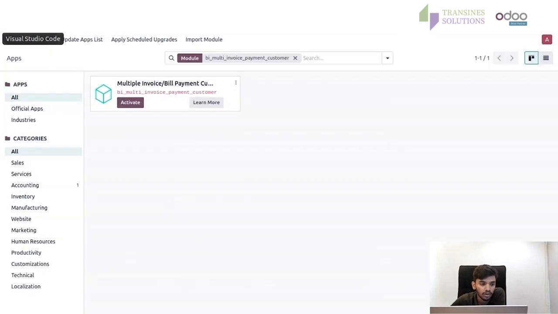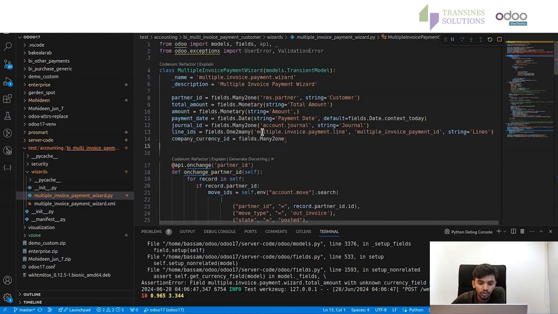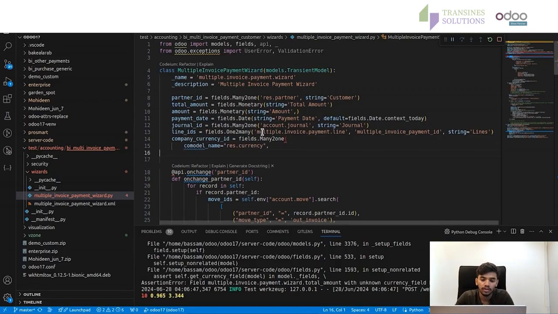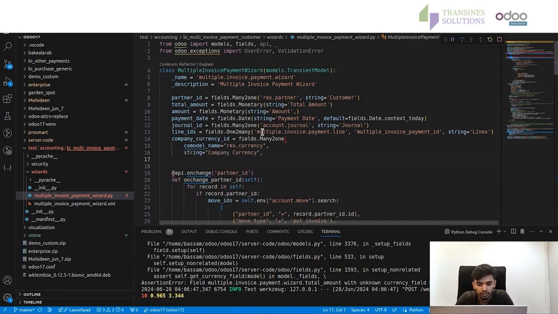So we are going back to our VS Code. In here we need to first define the currency. So we are going to take many currency ID equal to fields.Many2one, and the co-model name is currency. And we are going to take the string company currency,